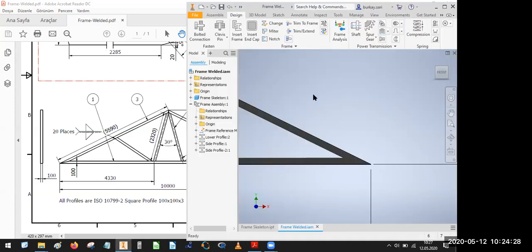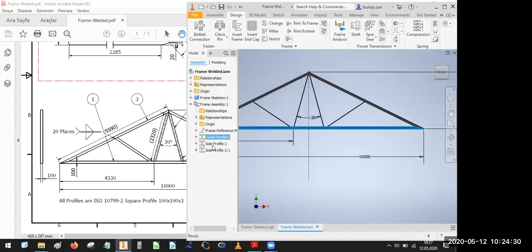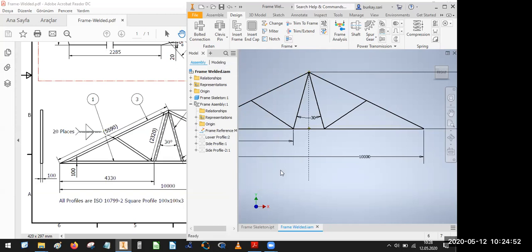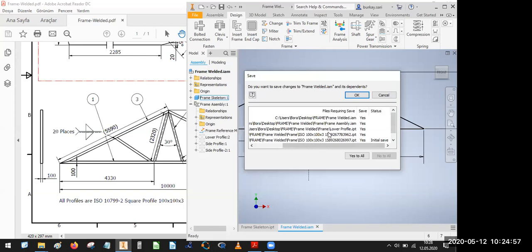Here, I will first make these profiles hidden with visibility from the frame assembly. I will select all properties with the Control button, use visibility, and again with the Control button you can close the visibility of our profiles. I will save my part file. As you see, the frames are just